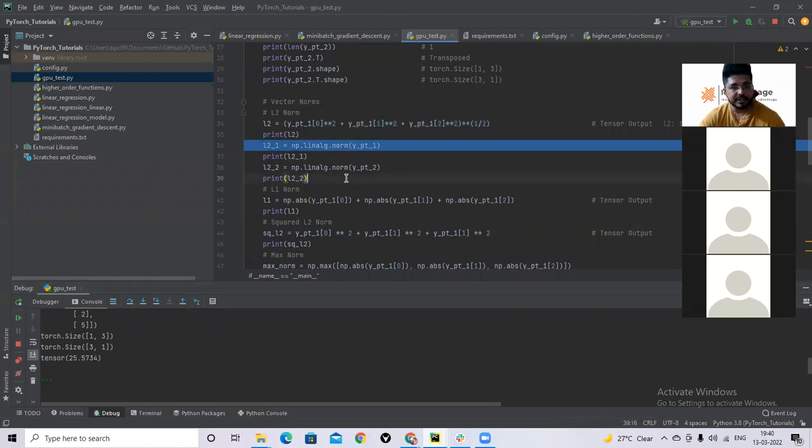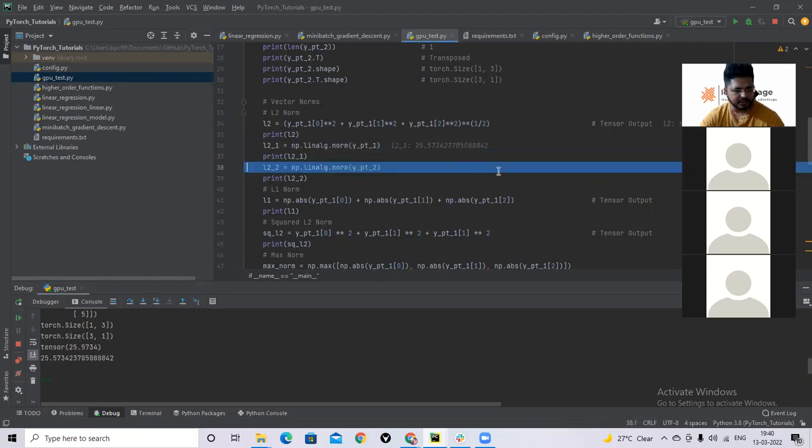And we can straight away find this using NumPy's linear algebra library. You see the beauty here: you are using NumPy's linear algebra library to calculate the norm of a PyTorch tensor. So these two are compatible with each other. This is the benefit of using PyTorch. But you cannot use TensorFlow tensors directly like this. They will throw an error. You have to do some conversions first. But here I can use a NumPy function directly on a PyTorch tensor. If you see, this is also the same value, almost 25.57.